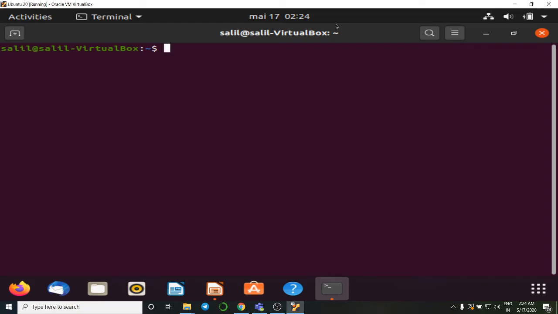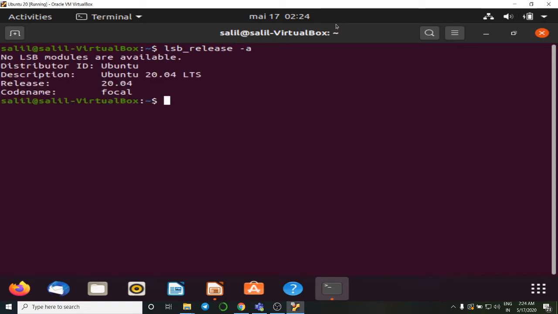First of all, let us look at the information regarding which Linux based distribution we are working on. For that, we type the command lsb_release -a. So we are working in the Ubuntu distribution, Ubuntu 20.04 release.